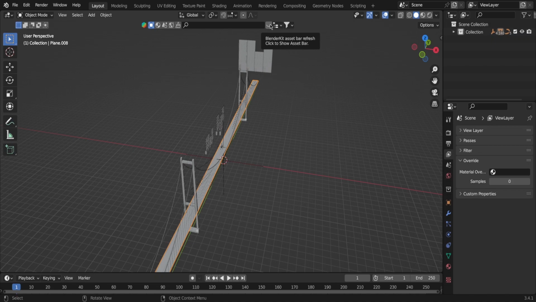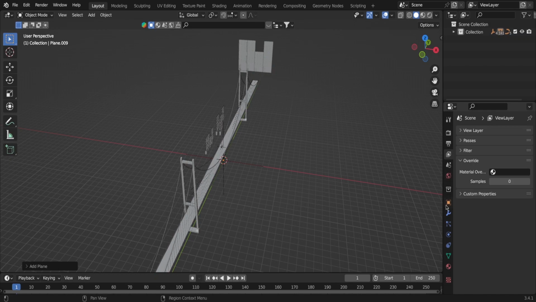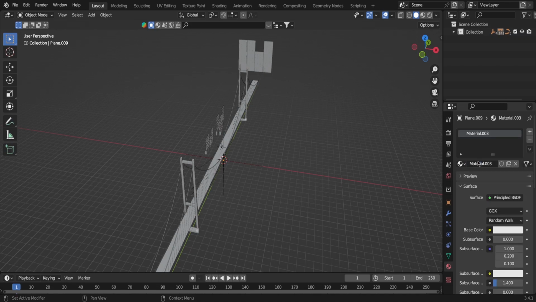So for us to get our clay render, we're going to first create a plane. I'm just going to do Shift A, which is going to add a plane. We don't necessarily need this plane for our scene. We're just going to use this plane for our material. So we're going to come to our material tab. I'm going to create a new material. We're going to name that material clay,